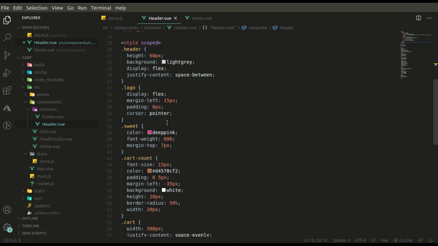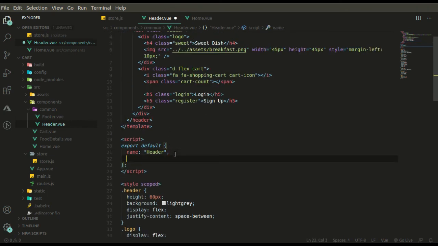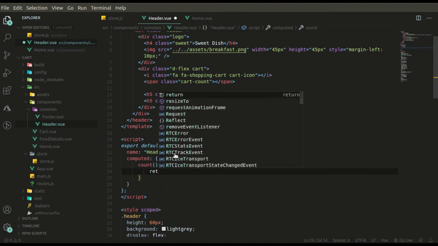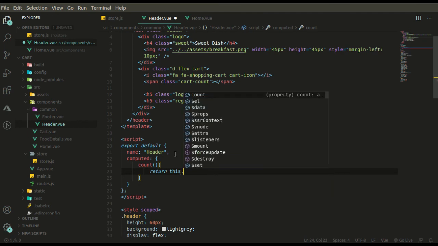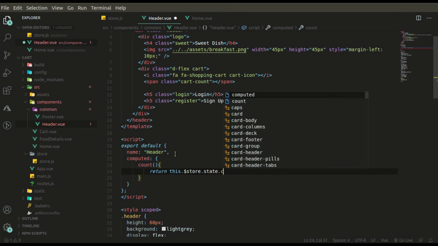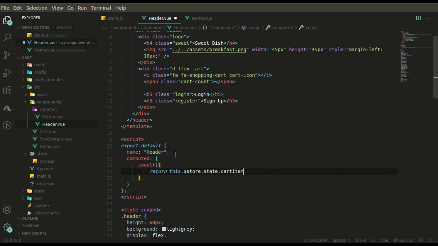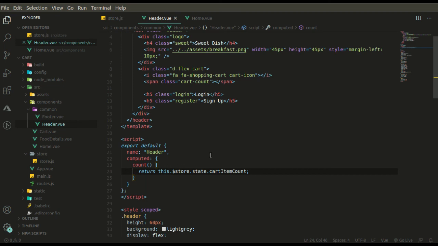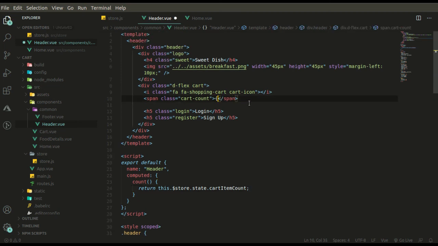First of all, I will make a computed property. Now we have cart item count, so we can provide this cart item count over here.